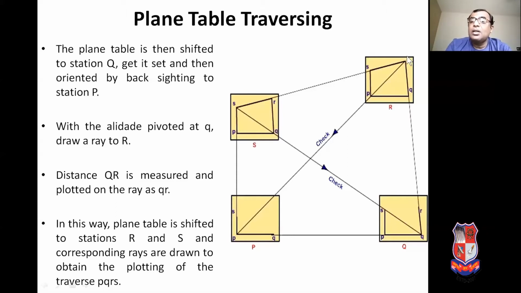In this way, the plane table is shifted to stations R and S, and corresponding rays are drawn to obtain the plotting of the stations P, Q, R and S. Thank you very much.